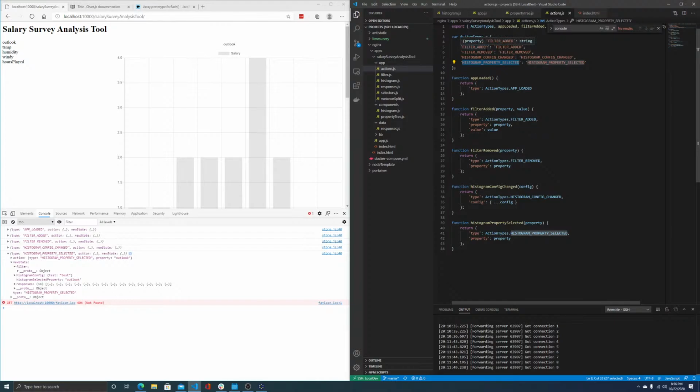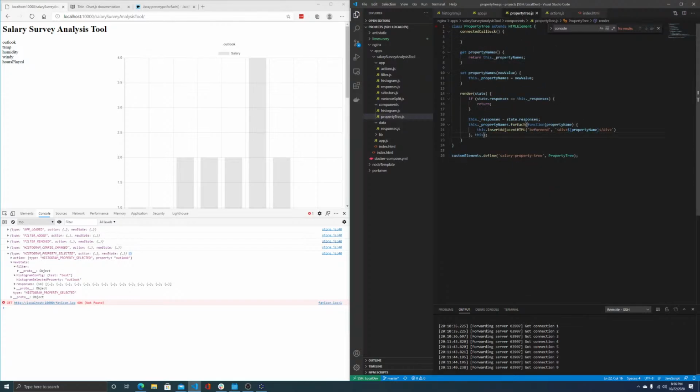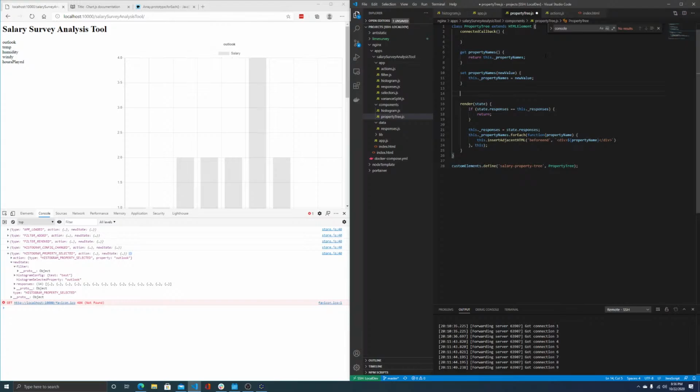So my property tree is going to have to import that action, or not necessarily. I could keep this one pure and pass it. So for example,